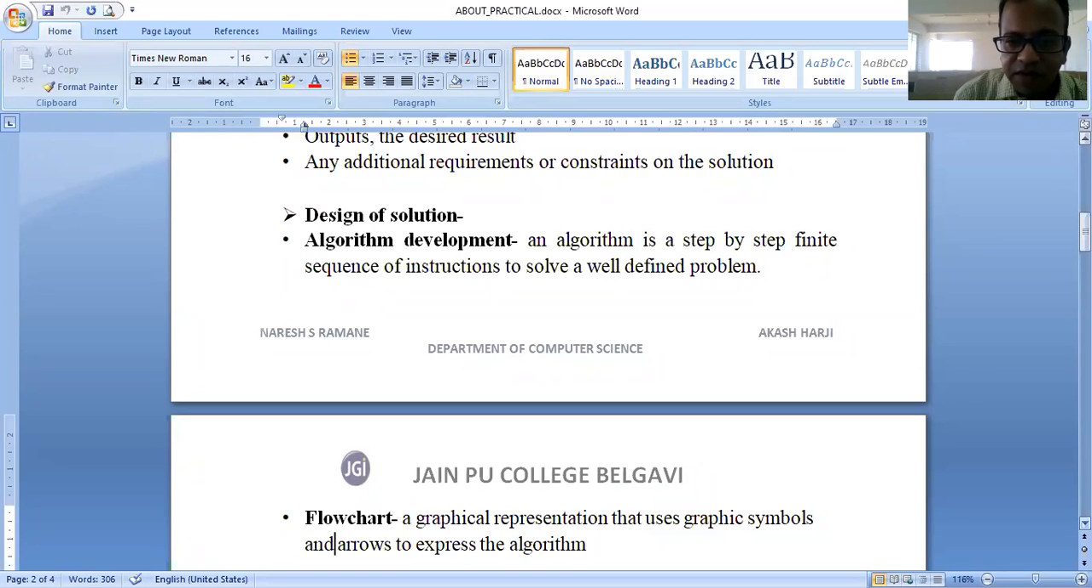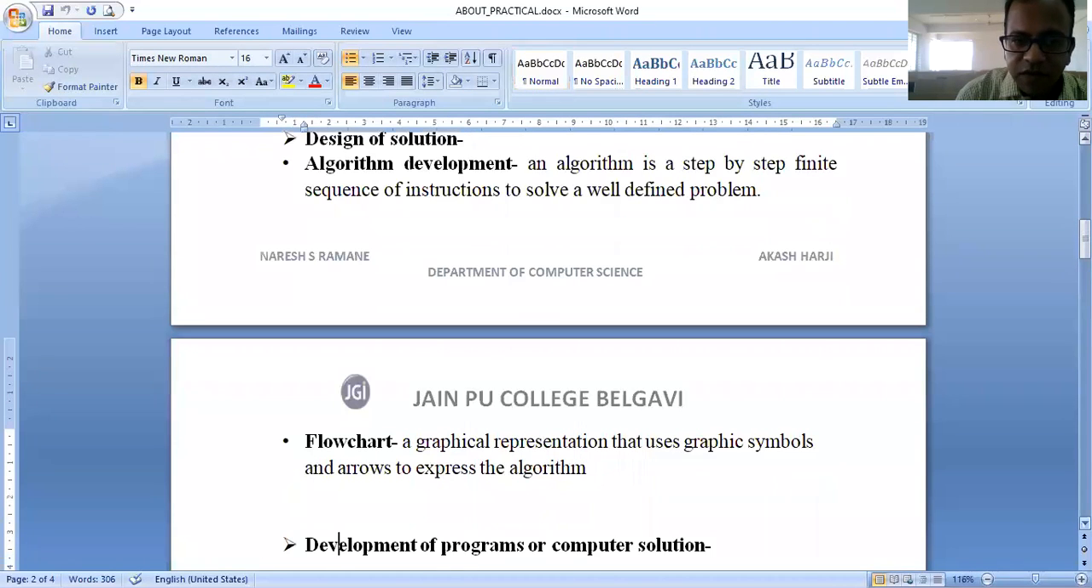Once the algorithm is developed, this is the alternate method that is called flowchart. So either you can go by algorithm or you can go by flowchart. Now what does flowchart mean here? How your program is